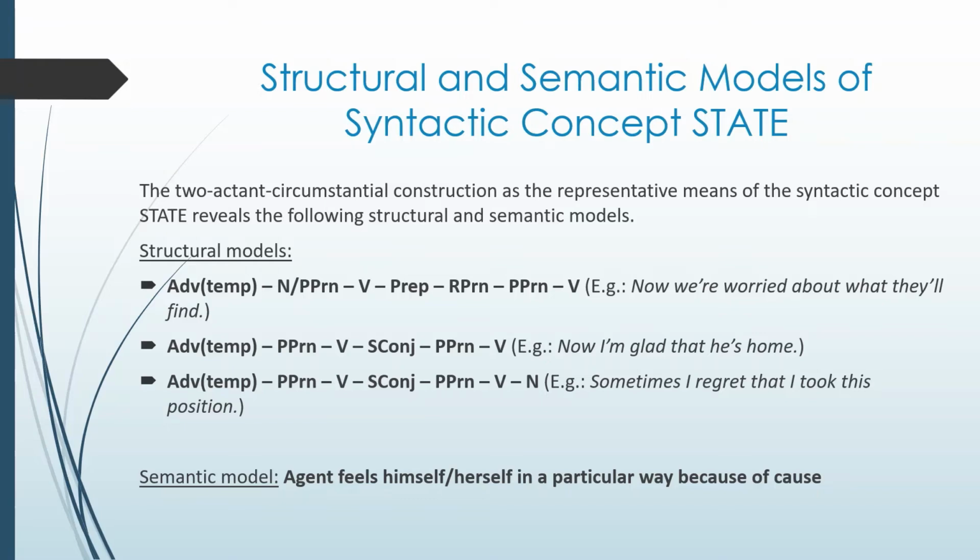The two-act and circumstantial construction, as the representative means of the syntactic concept state, reveals the following structural models, as we see on the slide. And the semantic model says: agent feels himself, herself in a particular way because of cause. In this structural semantic model, subject-agent represents the characteristic orientation to an agent, state-verb in the function of predicate verbalizes state, object-cause in the form of subordinate clause objectifies the characteristic orientation to cause of agent state,